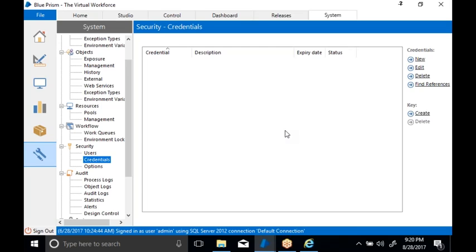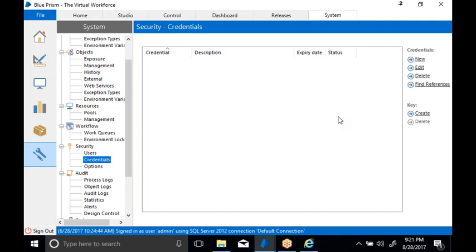Now how do we create credentials? The administrator will save the credentials here. Where will they finally be stored? They will be stored inside a database. Whatever you do inside the Blue Prism tool will finally be stored in the database. Suppose somebody misuses the database, any IT team member or somebody who has access to the Blue Prism server database. They can go to the database tables, take the username or password, and misuse that application username and password.